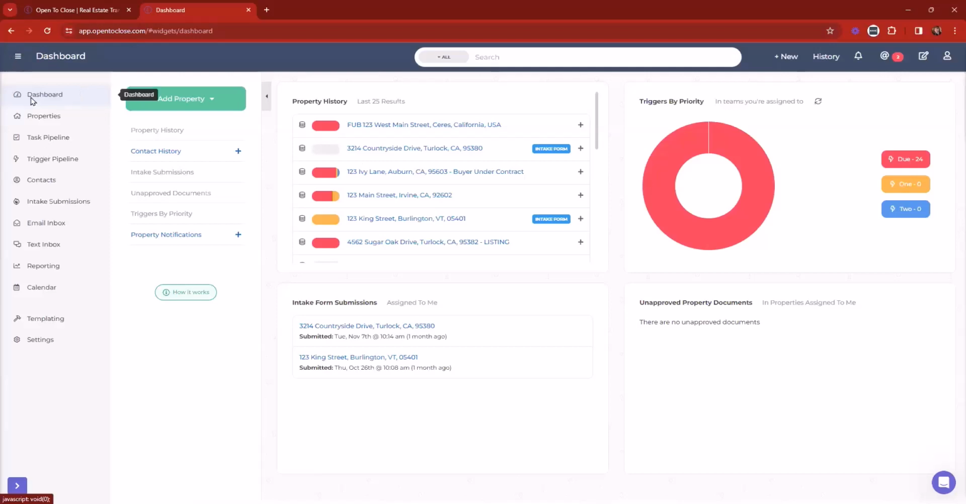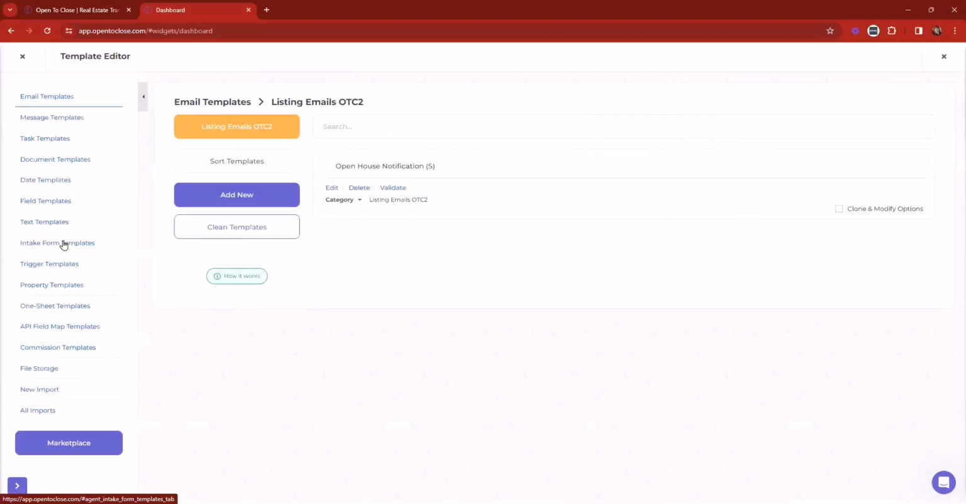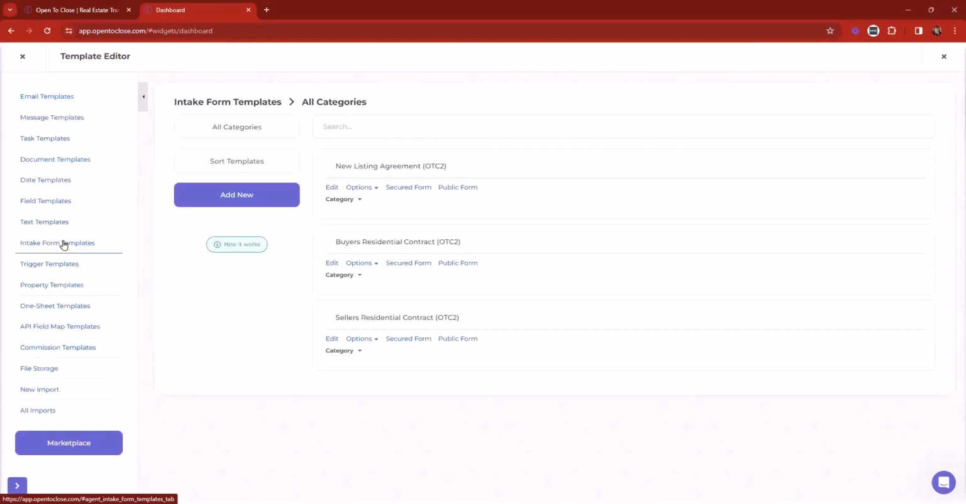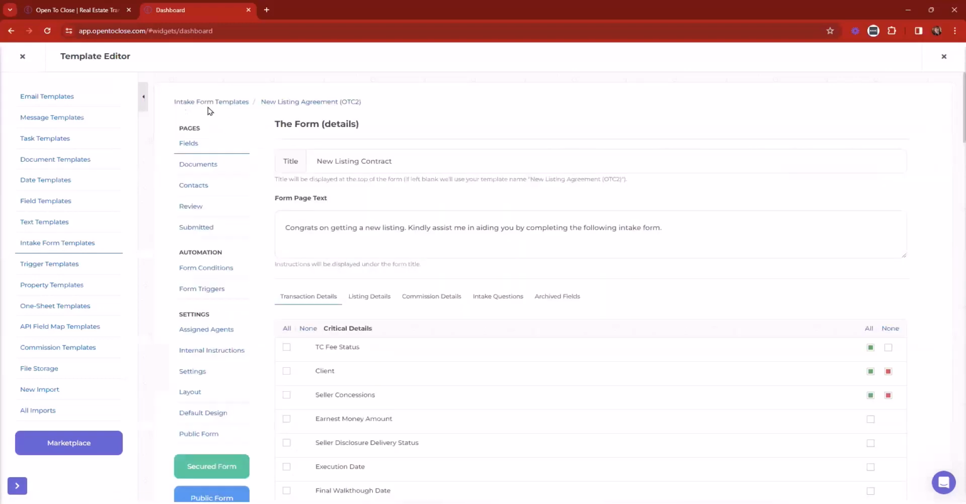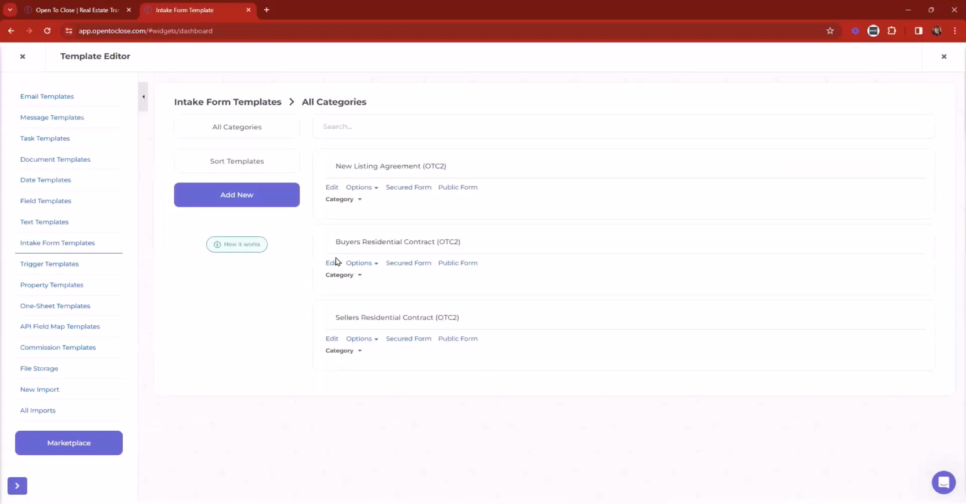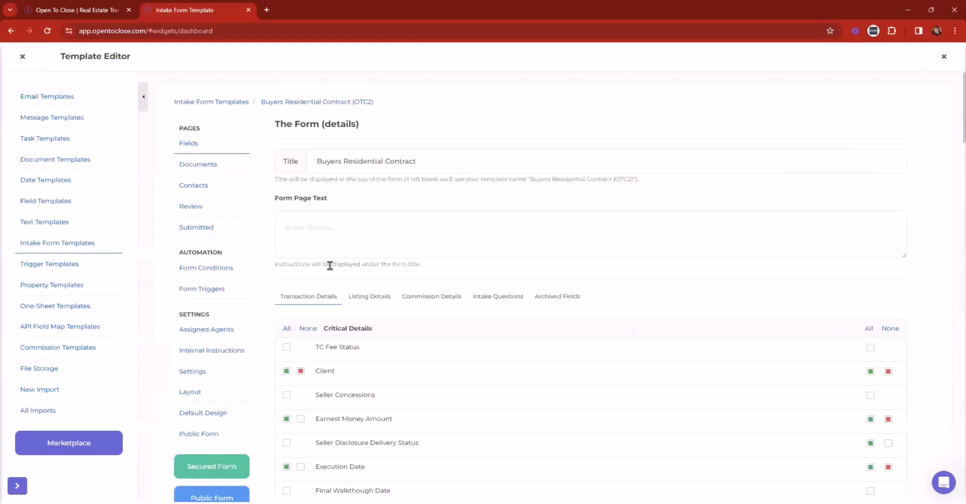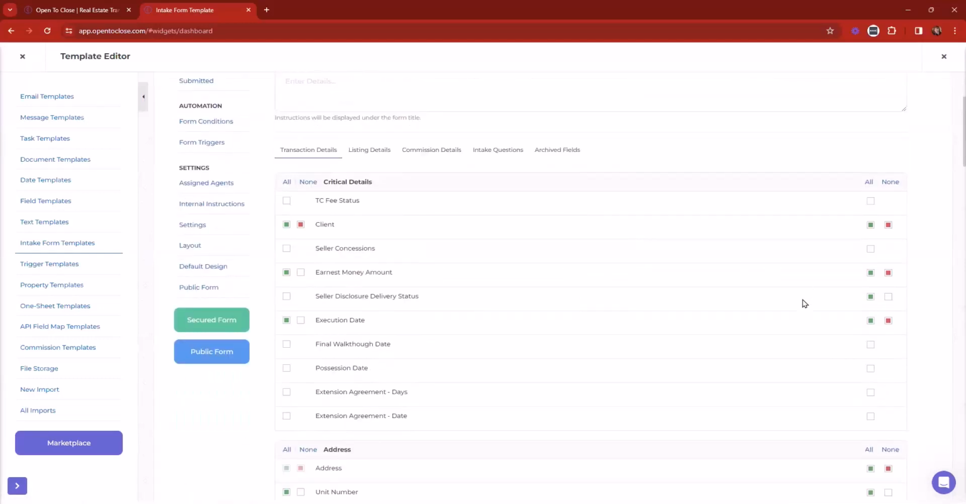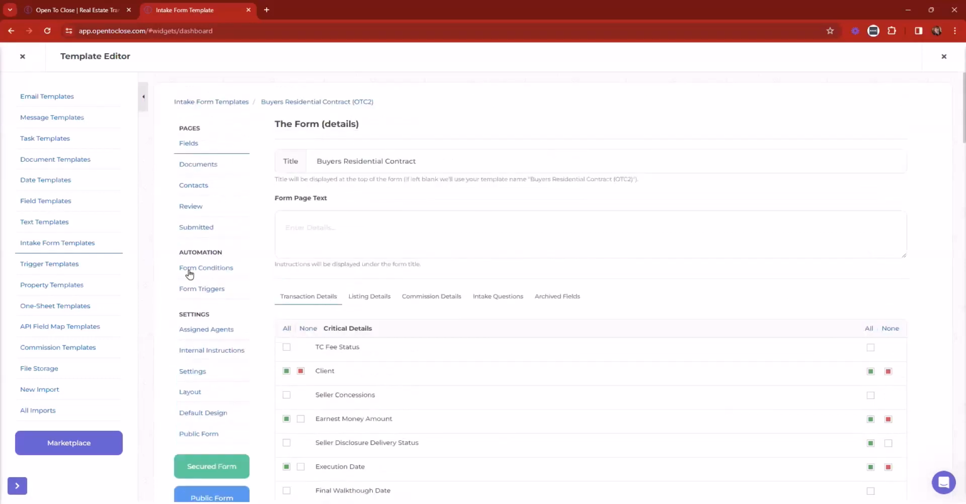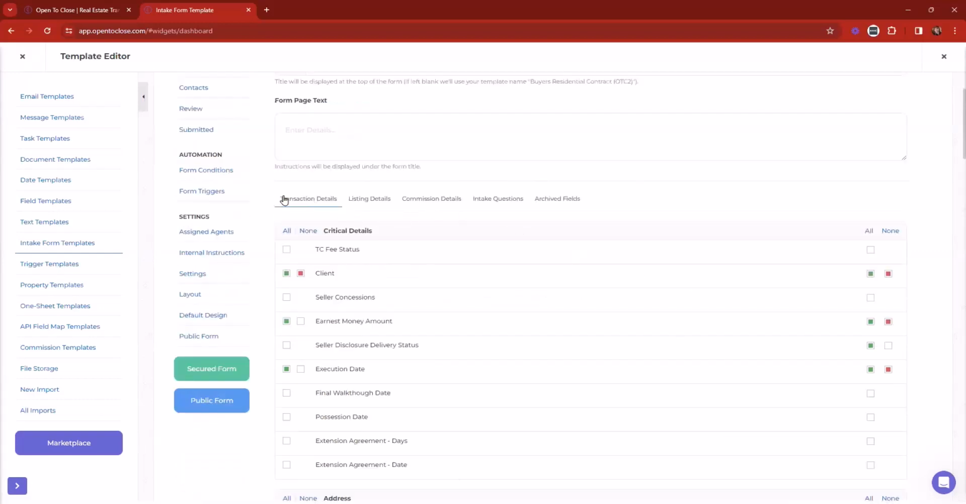So we're going to go down to our hammer icon, get into templates, and we're going to go into intake form templates here. I'm going to go ahead and go into our new list. Actually, let's go into our buyers residential right here. When we're in our buyers residential, let's talk a little bit about fields in their relation to form conditions. Okay. So here you can see a list of our fields. Up here at the top, you've got our details, our transaction details, our listing details, commission details, intake questions,